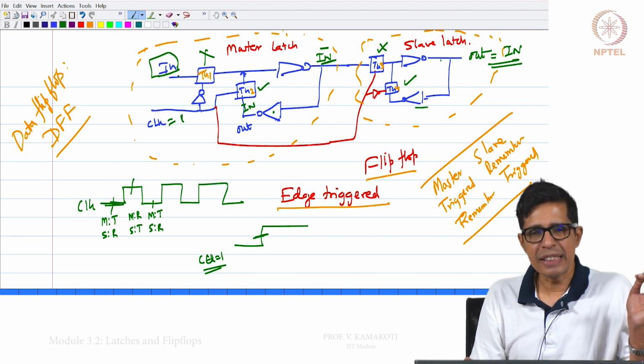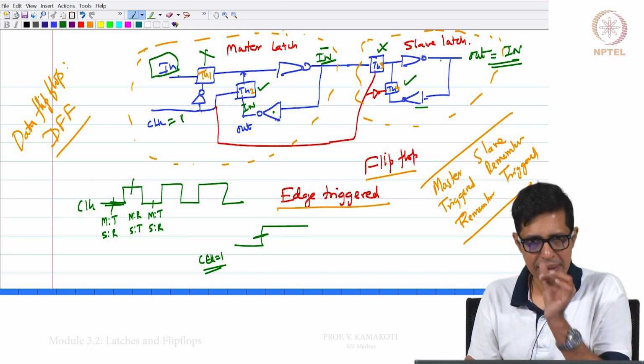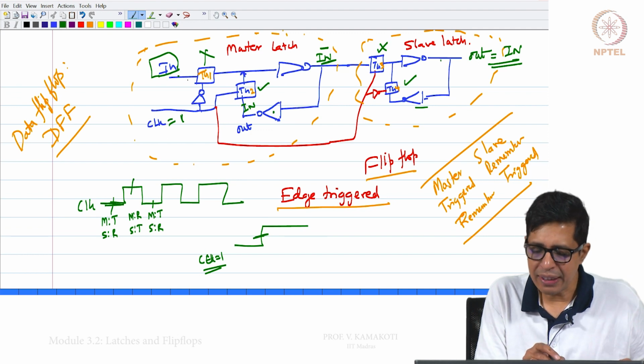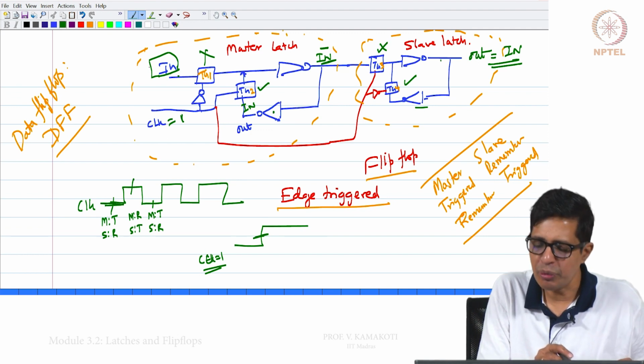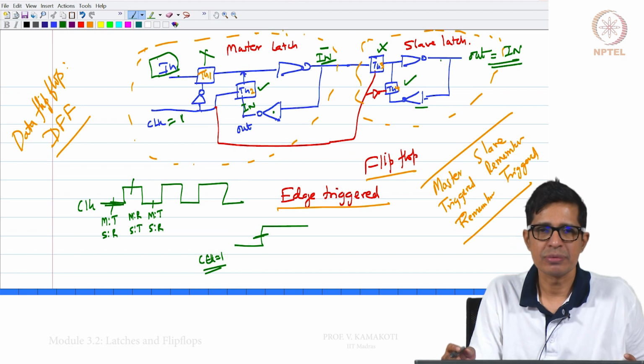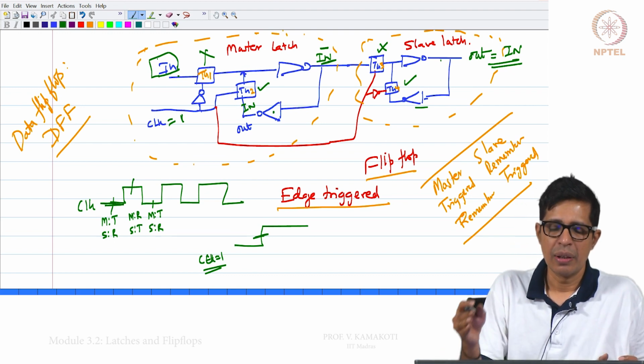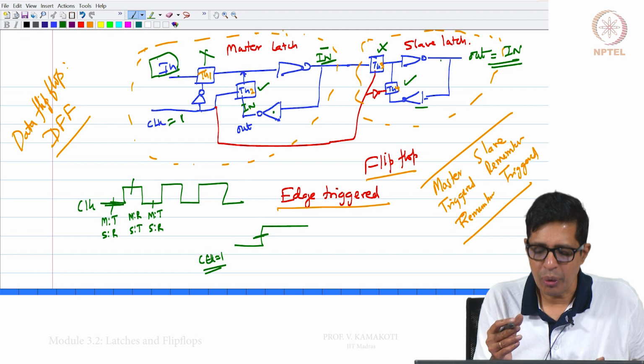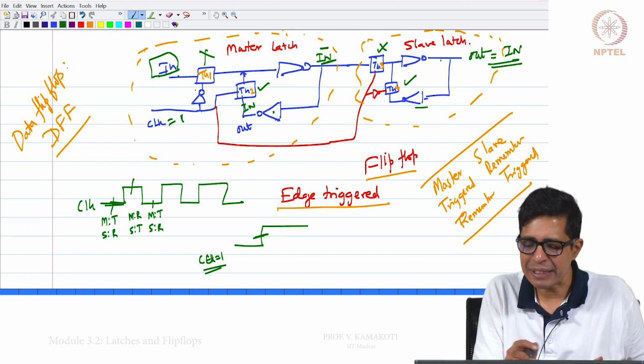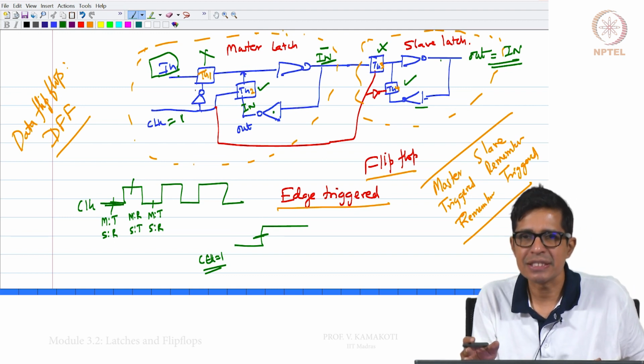So, when the clock is actually 1, whatever is happening on the input will never come to the output. Whenever the clock is 0, whatever is happening on the master latch will not affect the slave latch.